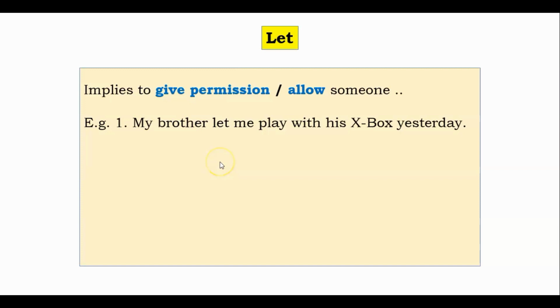I am pretty sure that you might be having a look at the structure of sentences so far. Okay. This verb doesn't matter at all for us. It might be in any tense, but the verb that follows the object is V1 always. Okay. We have to keep that in mind.